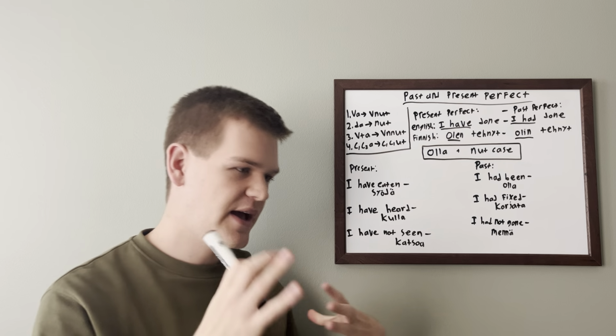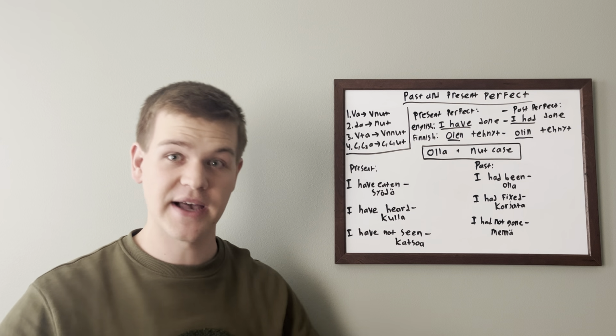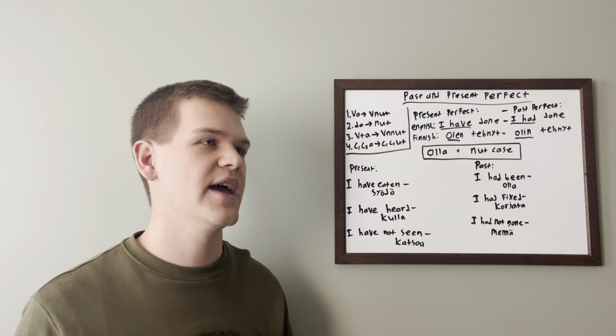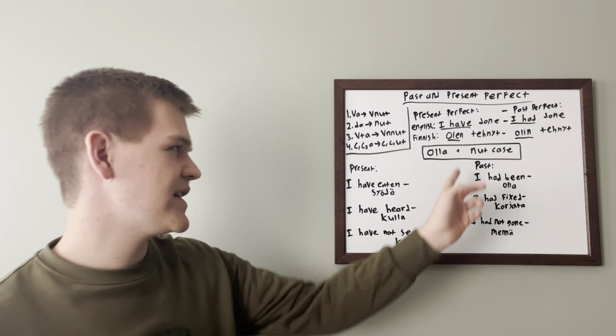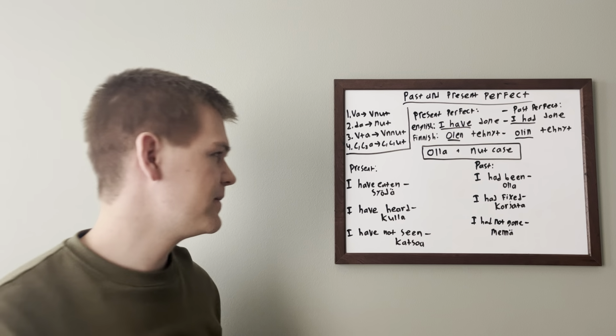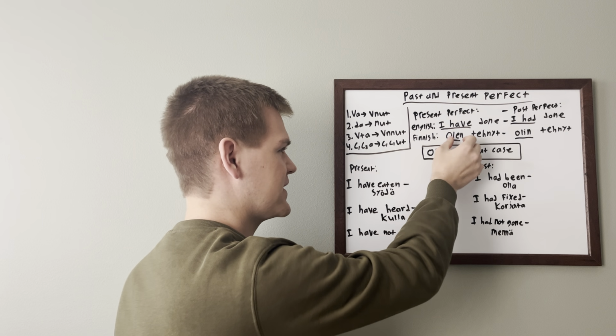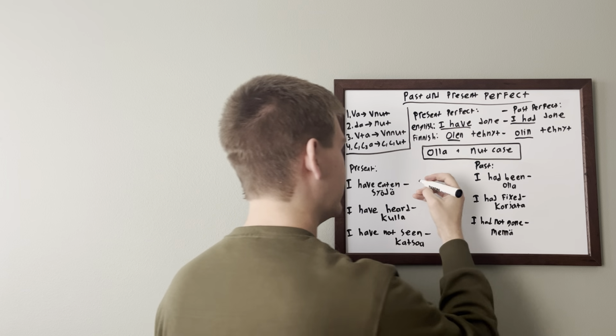So again, this means that you have eaten at some point in the past, but it still applies to right now. I've already eaten, you could say. I have eaten. How we do this, we can notice that we have "I have." We're going to try to change that to be "I am." So the "have" corresponds to olla. So I have, so we're going to do